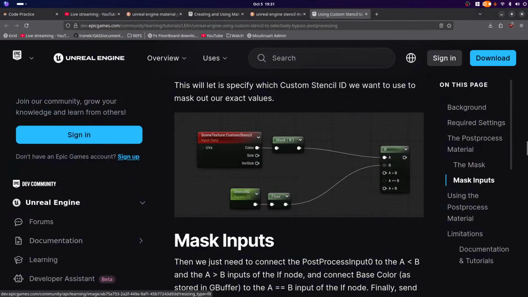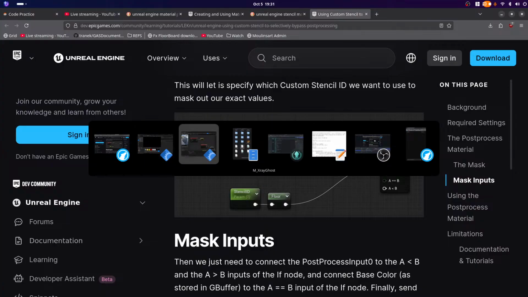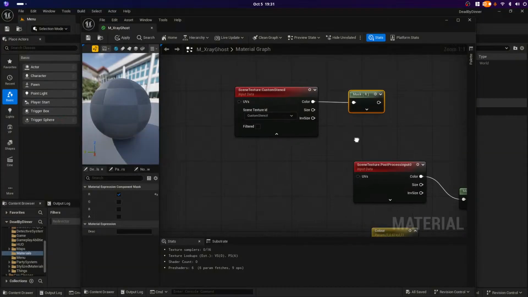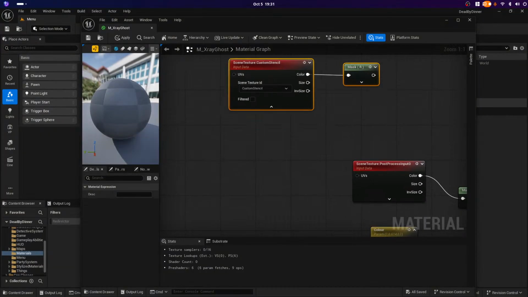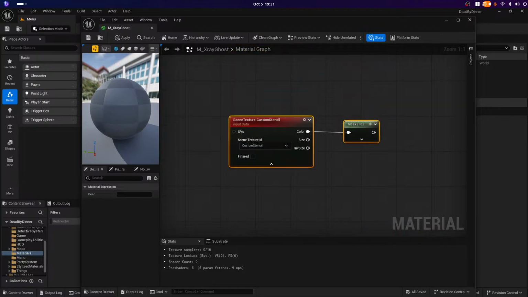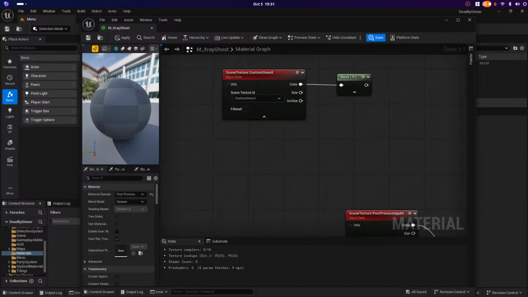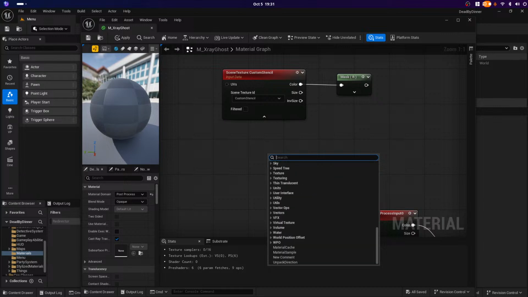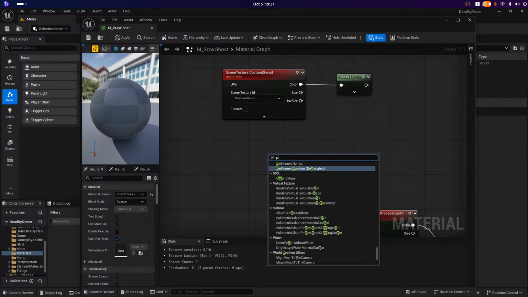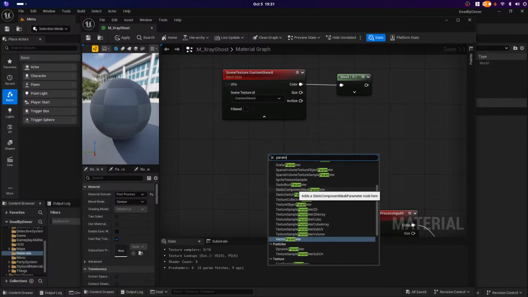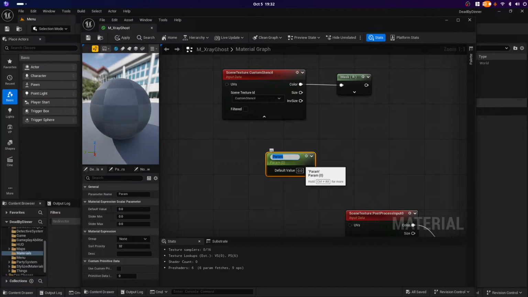There's a stencil ID. Let's put this up here. Parameter, scalar parameter called